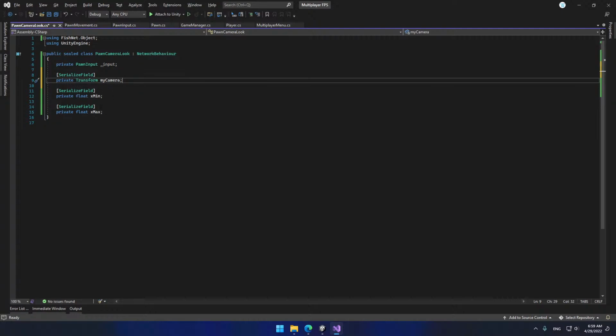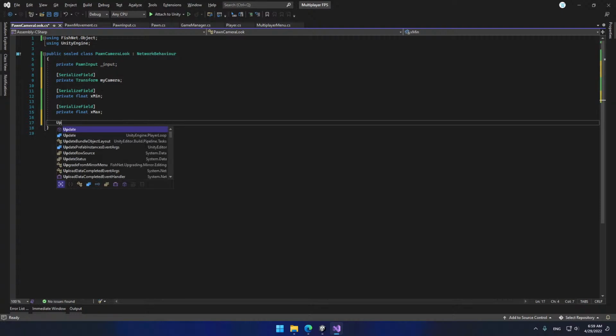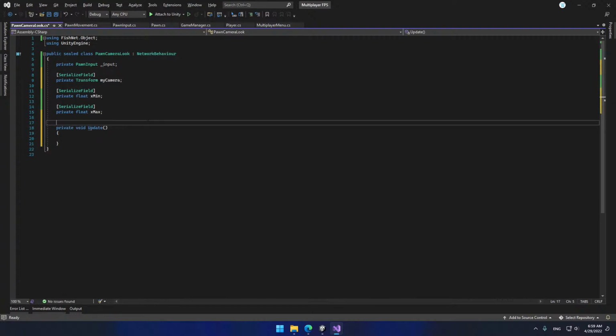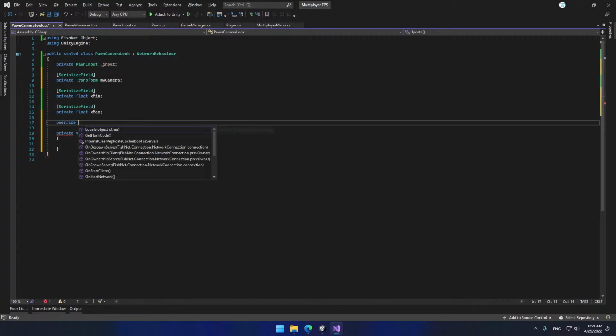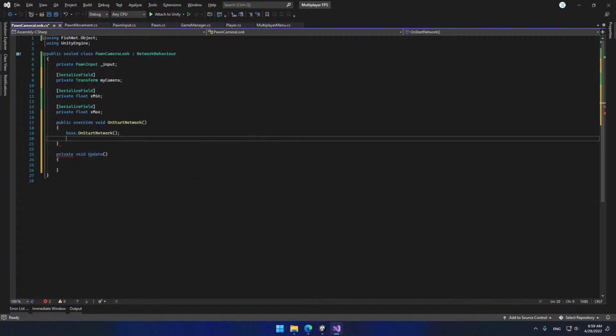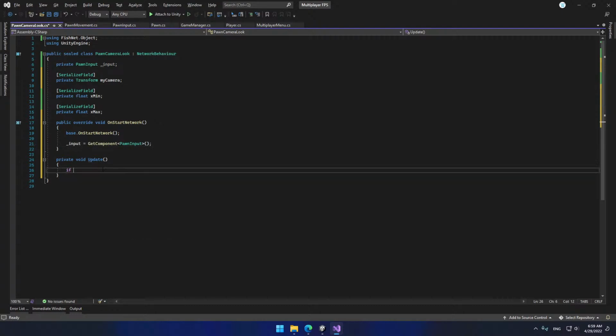What else do we need? Yep, that's pretty much it. Let's go inside our update function, and before that let's override the start network callback. Inside of it we're going to add the input component, and that's it. Let's go inside the update, add our isOwner check,